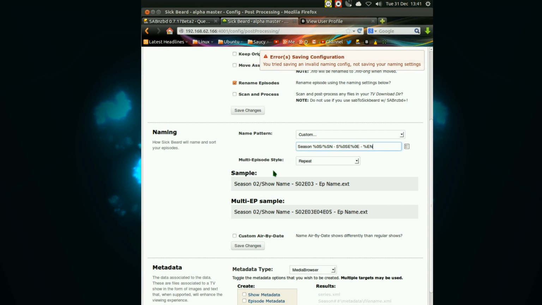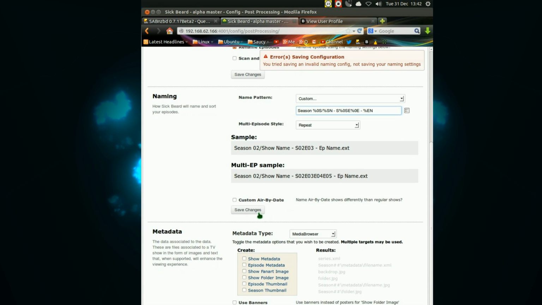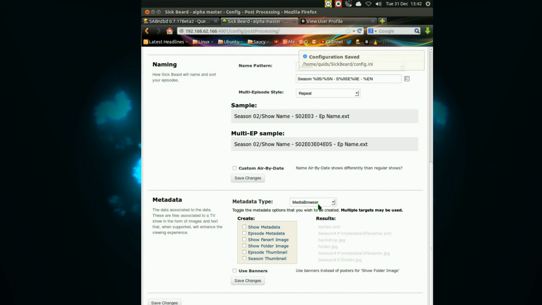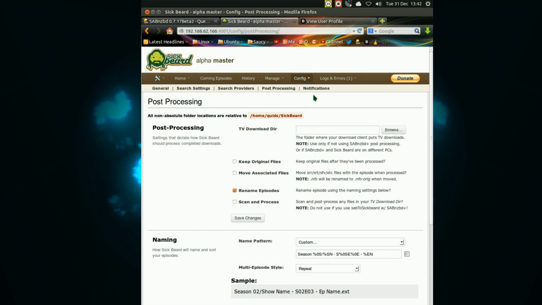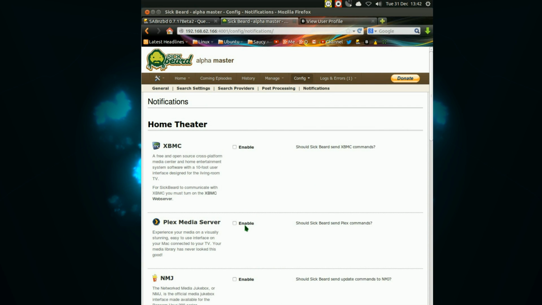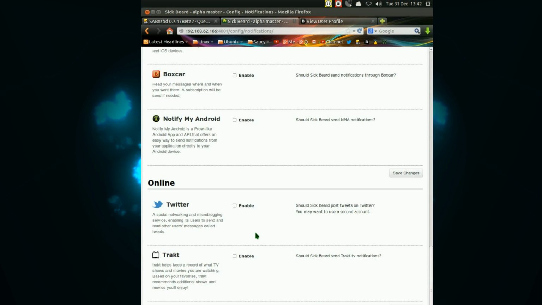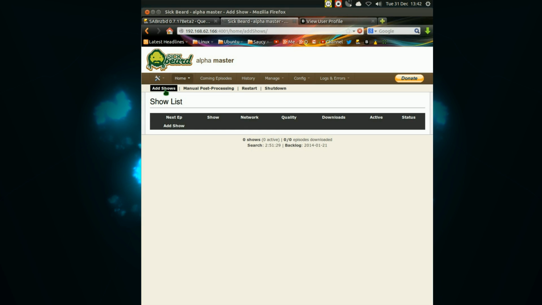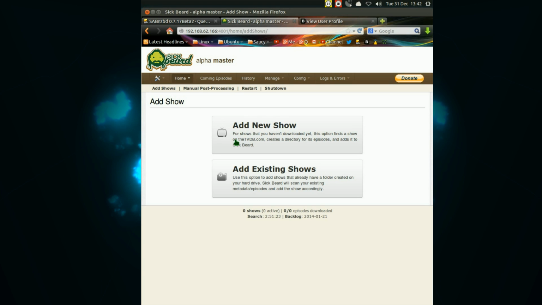This is the naming pattern I use. So it puts it into season folder, gives it a show name, season number, an episode number, and then episode name. Now that works nicely with XBMC. You can just leave everything else as is. So save that. And for metadata, no, I don't need anything there. Notifications, again, I don't need to set up anything here. And that is it. I know that was quite long-winded, but once you've got it there, it's a very nice,